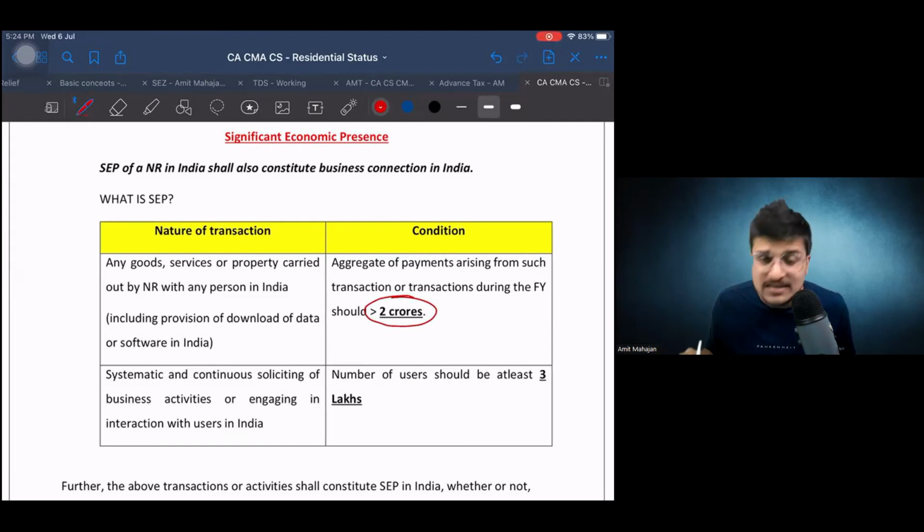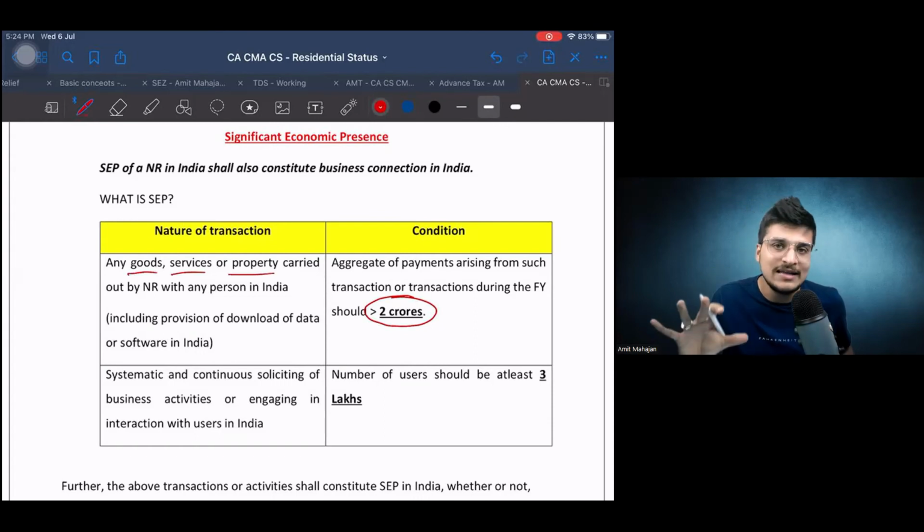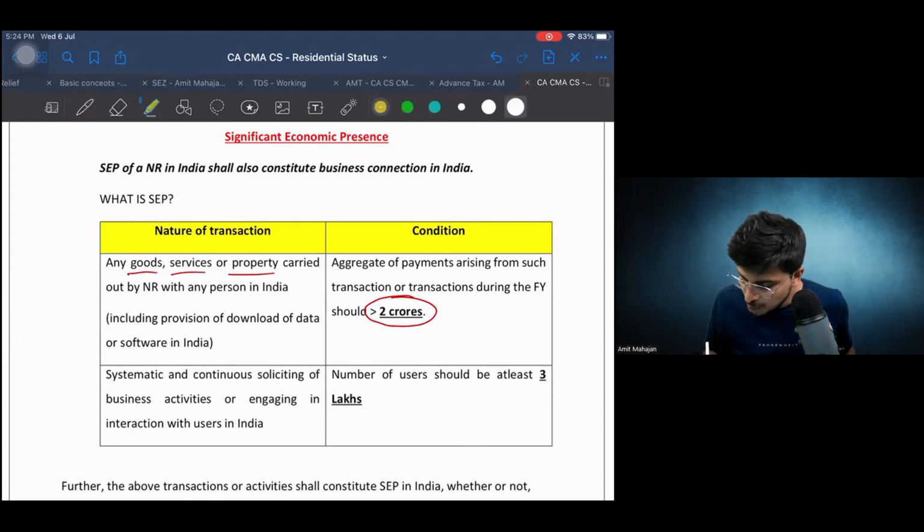सी, एग्रीगेट ऑफ पेमेंट्स अराइजिंग फ्रॉम सच ट्रांजैक्शन और ट्रांजैक्शंस ड्यूरिंग द फाइनेंशियल ईयर शुड एक्सीड 2 करोड़। कौन से ट्रांजैक्शन? गुड्स, सर्विसेज, property। If you are dealing in these particular goods, services and properties, then in that case अगर तेरा transaction or transactions का value during the financial year is more than 2 crore rupees, then you will be considered as having a significant economic presence in India।